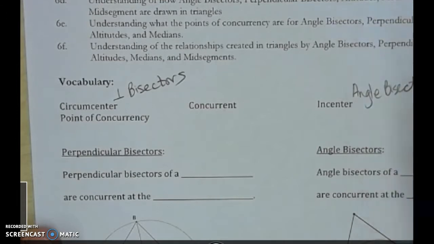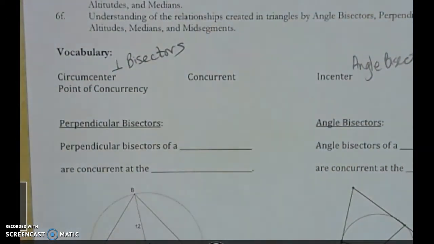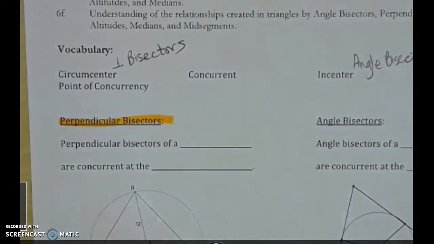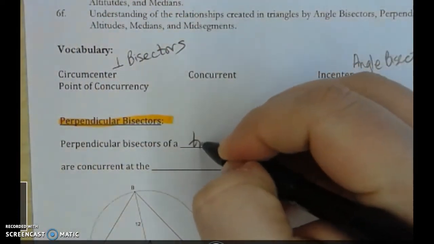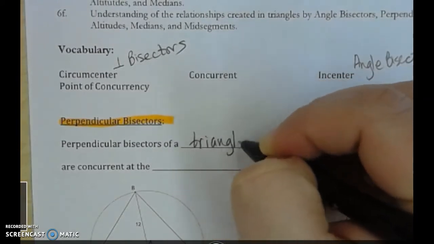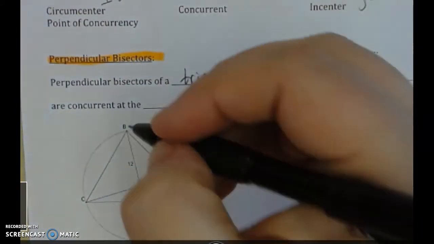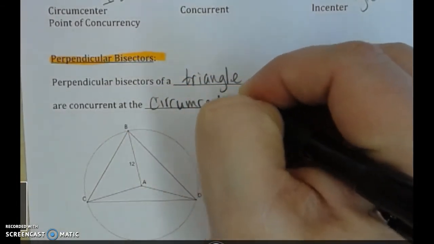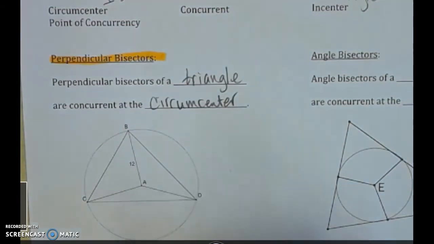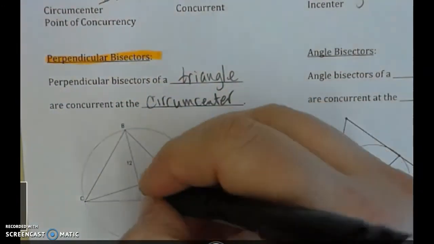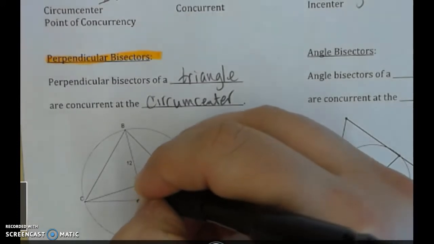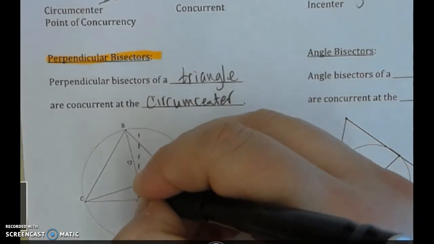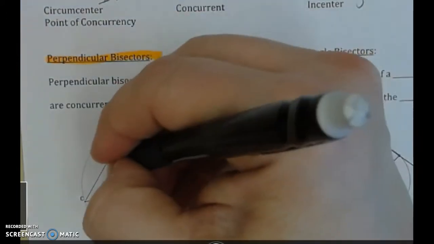And so here's kind of the definitions. The perpendicular bisectors of a triangle are concurrent at the circumcenter. And so each of the perpendicular bisectors go, this would be it. We'll draw them. And if I draw up, and then this one,